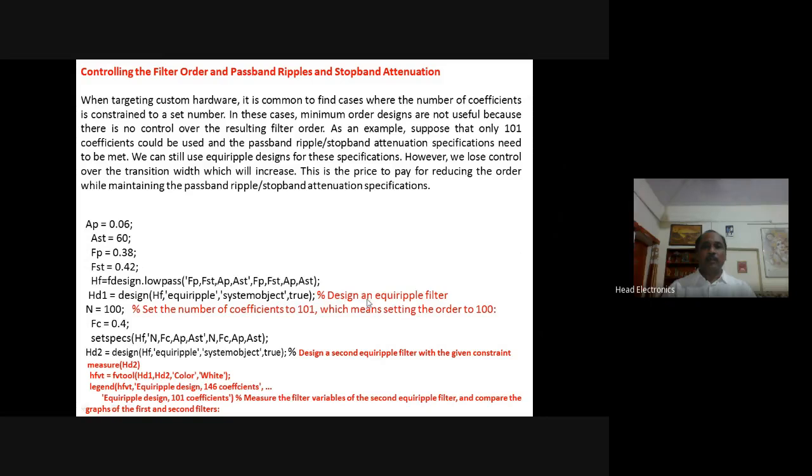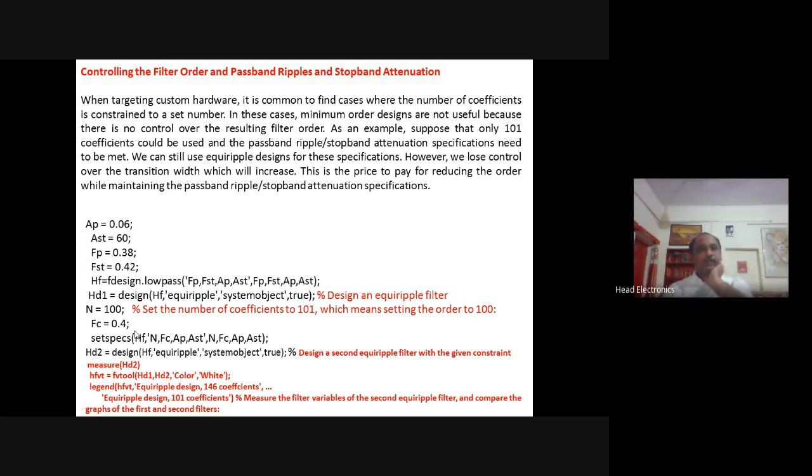Here we design an equiripple filter. First we define the parameters: pass band edge frequency, stop band edge frequency, pass band attenuation and stop band attenuation. Then we design the equiripple filter using the fdesign command, and for the first filter we set the number of coefficients to 101, so the order is 100.